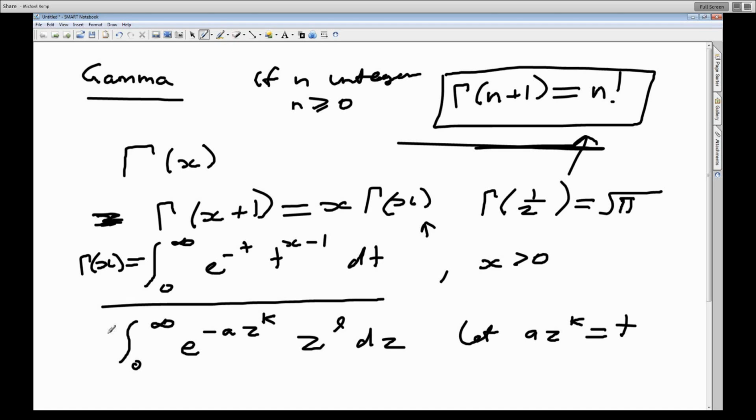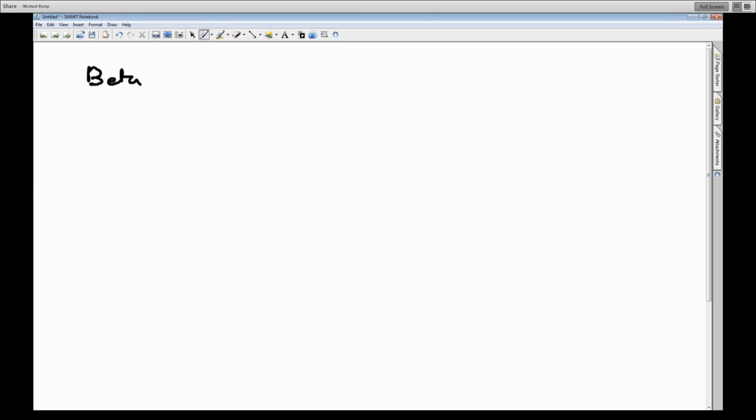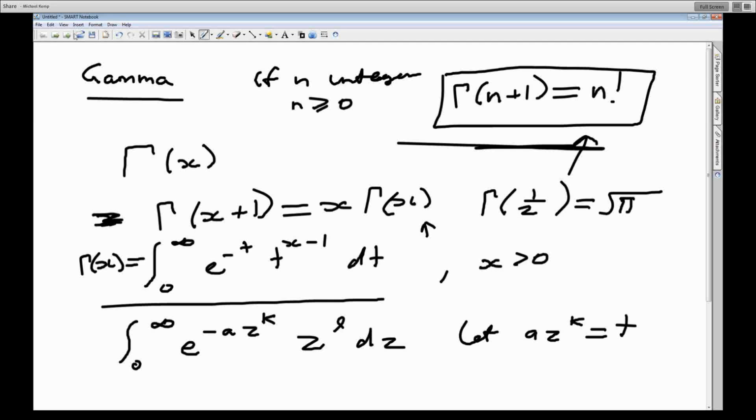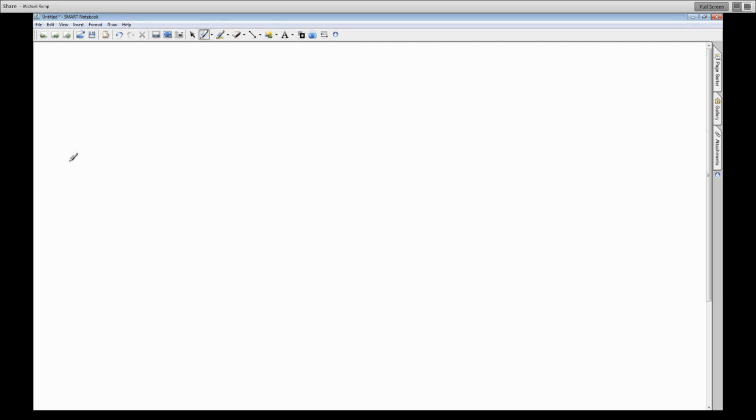We won't touch that, but the technique of trying to simplify these down into something looking like a gamma integral is an important skill. So let's just do one example for that, just to give you an idea. Say the integral from 0 to infinity of e to the minus 3z to the 4